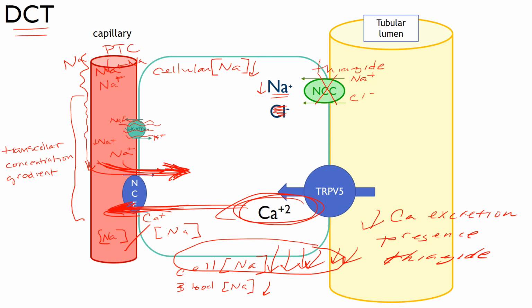And in fact, taking advantage of this side effect of thiazides is one of the ways that you can help treat calcium-containing kidney stones. And that's just a fun fact. I'm not testing over anything like that, but with a calcium-containing kidney stone, you want to stop jamming more calcium into a stone that maybe is stuck somewhere along the kidney nephron or in the ureter or something like that. So they will give a thiazide to try to